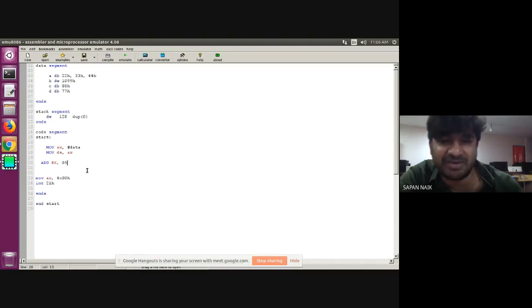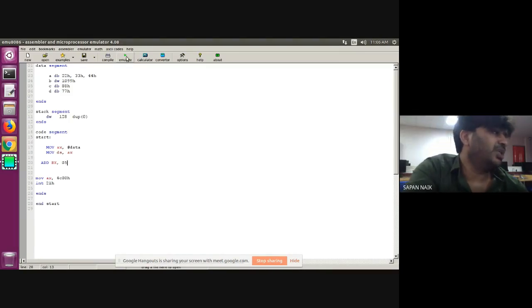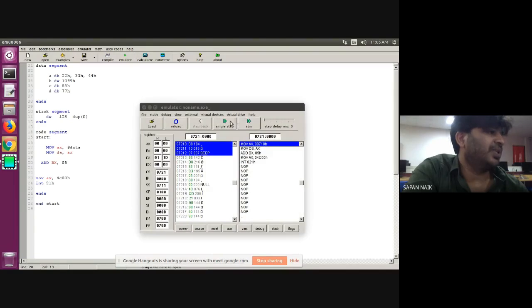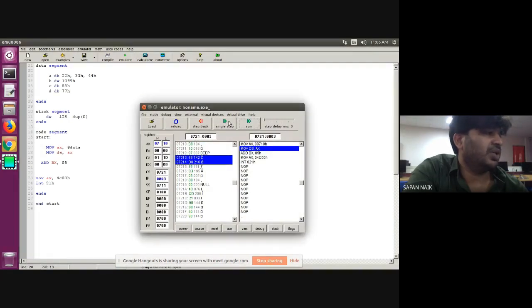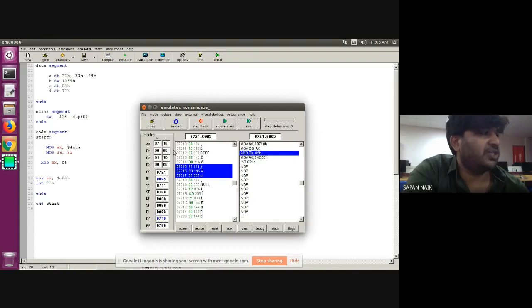Whatever is written on the left-hand side, it will store the answer there only. Let's see. Next. My BX will contain 5. Currently it is 0000, and 5 will be added to this, so it will contain 0005. Done.